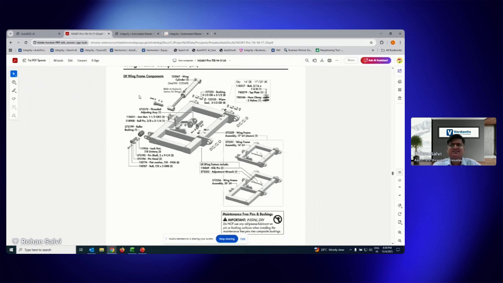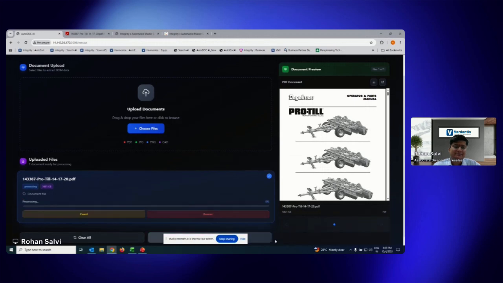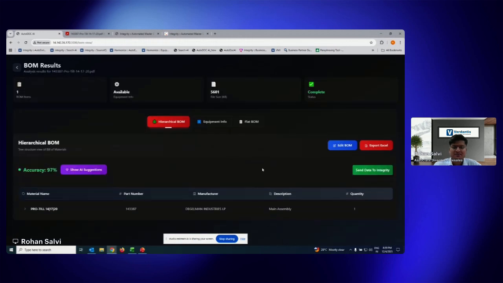Now what Autodoc AI does is it is able to read through the document, interpret what these components are, and pull out the list of components, and it also is able to build a hierarchical structure. So I'll just start the process. It should take just maybe a few seconds. Now, this can be done one document at a time, 50 documents at a time, or we can have an API based process where through the integration, it can process magnitudes of documents together.